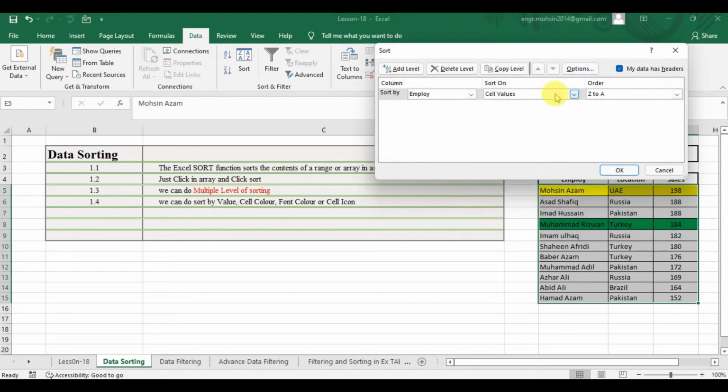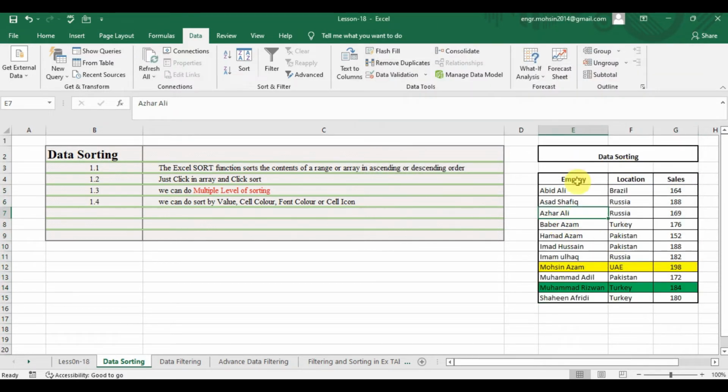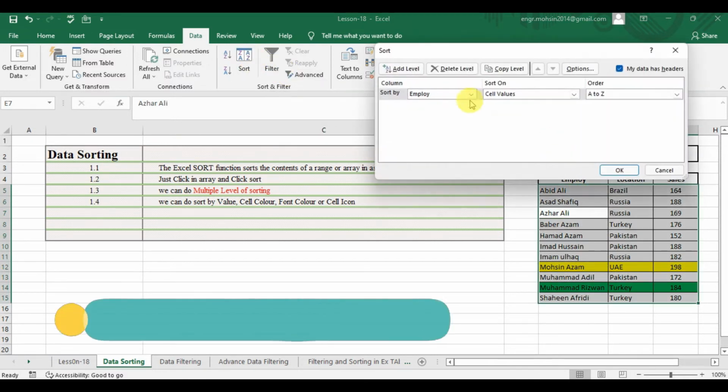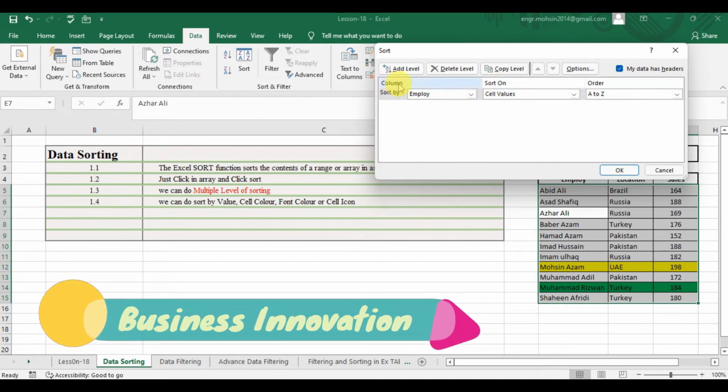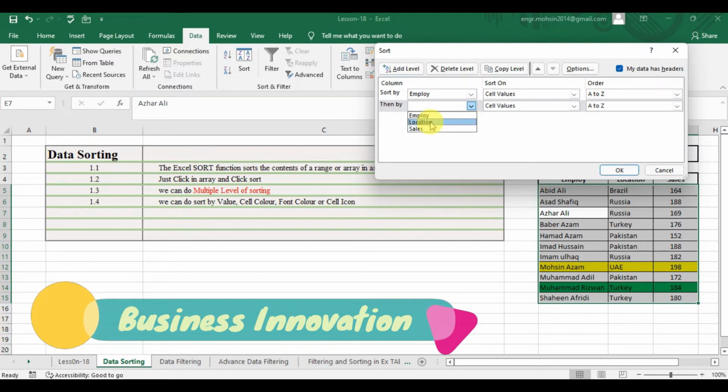Here what I will do, I will select cell value and I will arrange it from A to Z, and by clicking OK, this column will be sorted from A to Z. Now if I come again here, if I want to add another level of sorting, what I will do, I will click here Add Level, and then I can add another level,